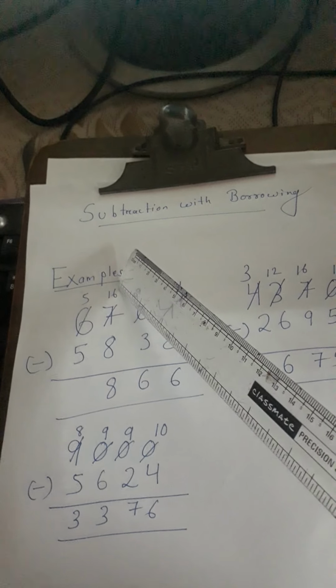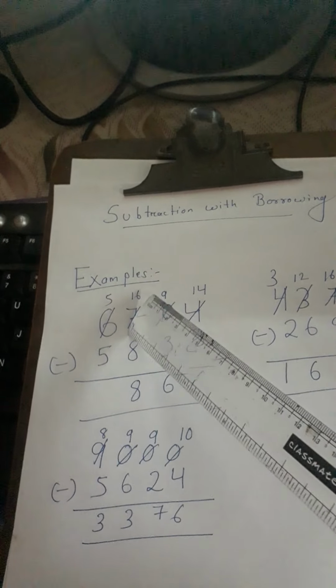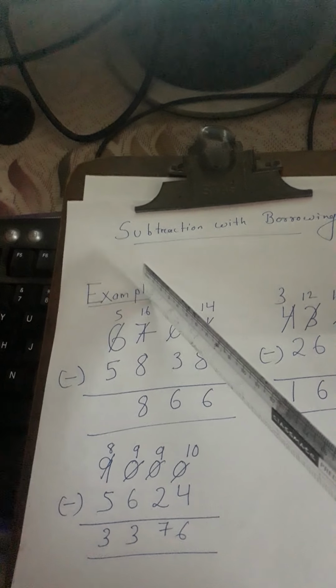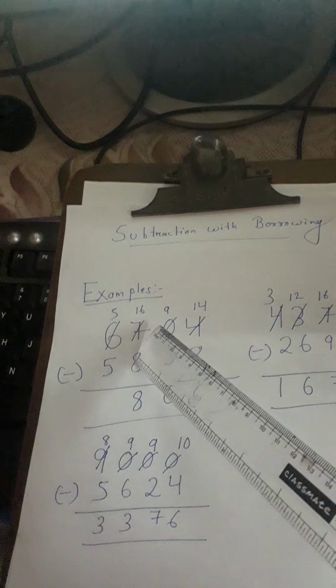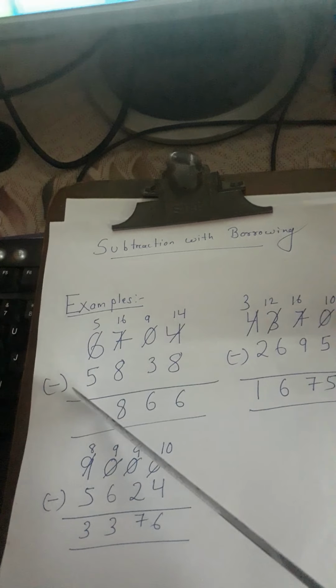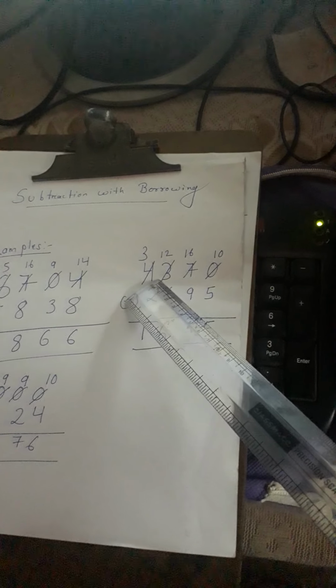It is impossible to subtract. It is impossible from 6 to subtract 8 as 6 is smaller. So we will borrow from here. It becomes 16. 16 minus 8 is 8. As we have already given here, it becomes 5. 5 minus 5 is 0. So in this place you can write 0. If you don't write it also, no problem. Coming to the next number,